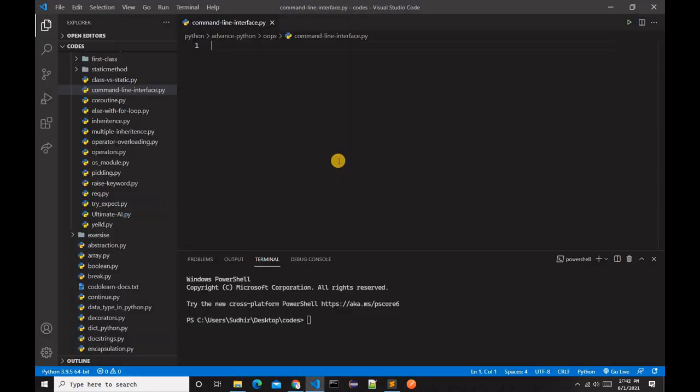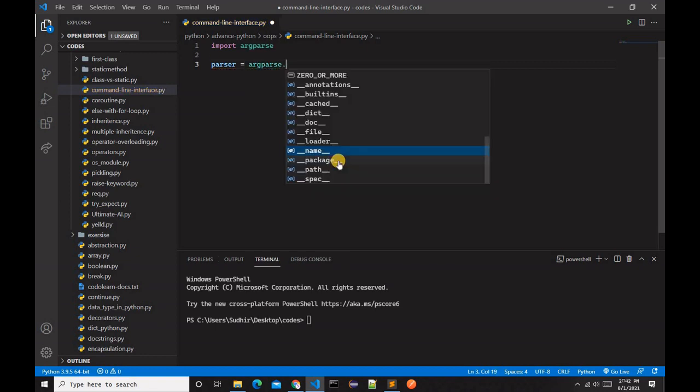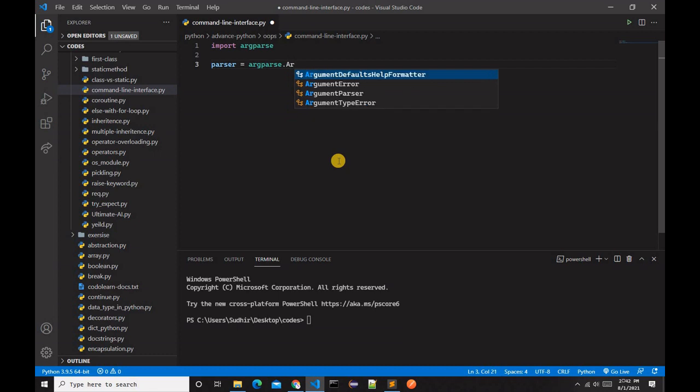So first of all guys, we have to import argparse, and then we have to create a variable whose name is going to be parser, equal to argparse.ArgumentParser.